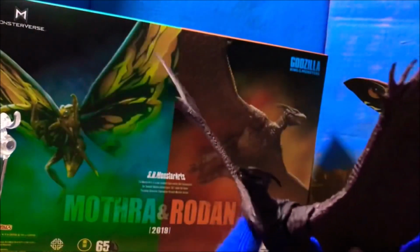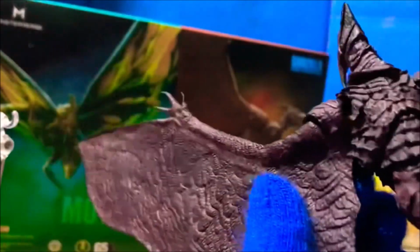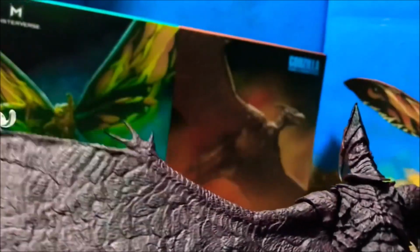Again, I think they did a fantastic job capturing his design for Godzilla King of the Monsters. It's a very, very good design. The head sculpture, the body texture, it's really good. And this version feels like a time where Rodan didn't have any lava throughout his body. You guys can see that his wings have no sign of lava or fire at all. He is a reddish